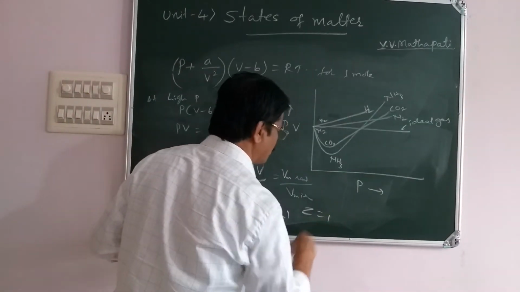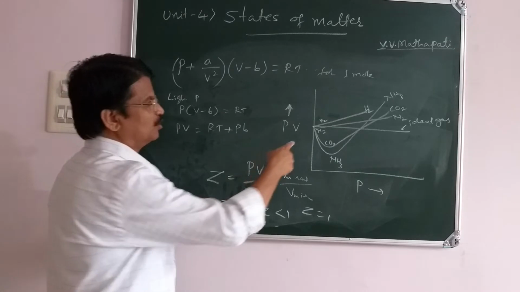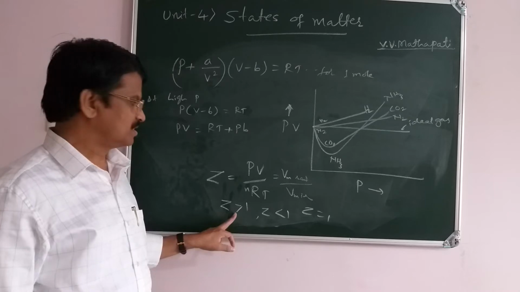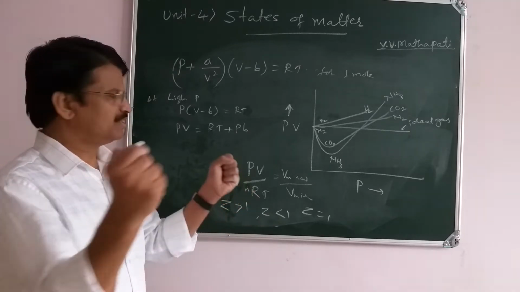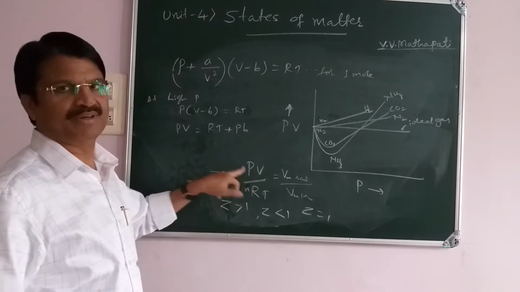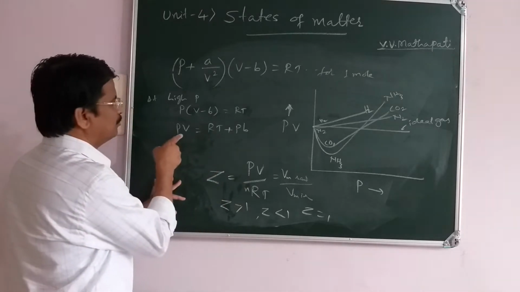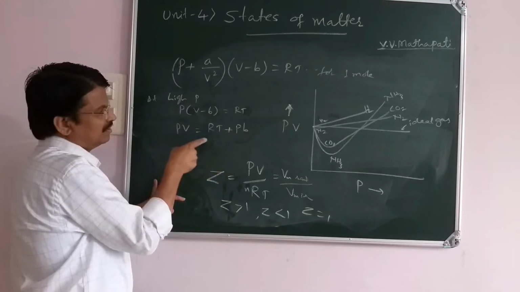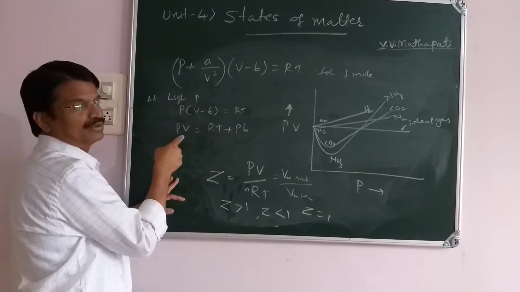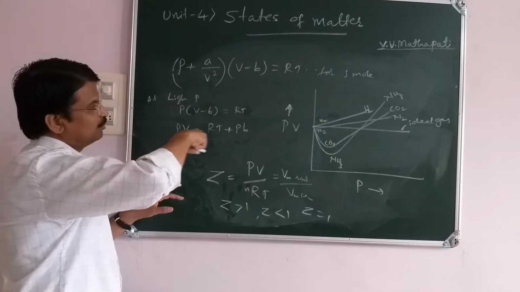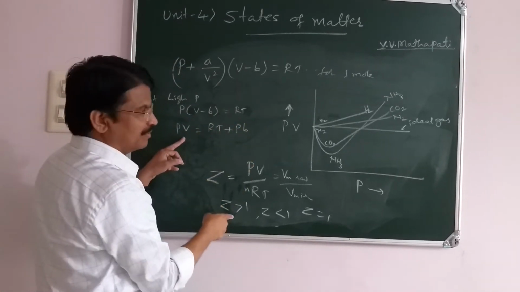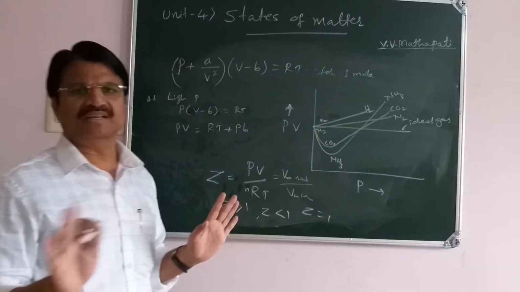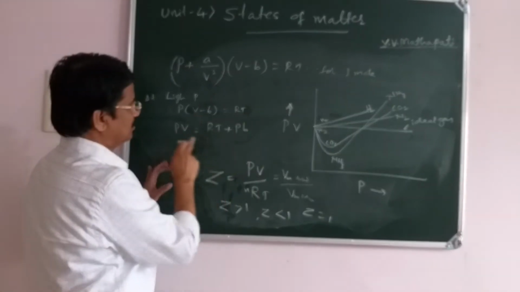If Z value equal to 1, the gas is said to be what? Ideal. More than 1, gas cannot be compressed. Less than 1, gas can be compressed, meaning force of attraction is more if Z value less than 1. Okay. Now consider here PV greater than RT, because PV value whatever you get here is greater than this RT value. Therefore, PV greater means that value goes on increasing. Z value greater than 1 means this one. We get the graph of hydrogen, and that cannot be easily liquefied, and cannot be compressed.